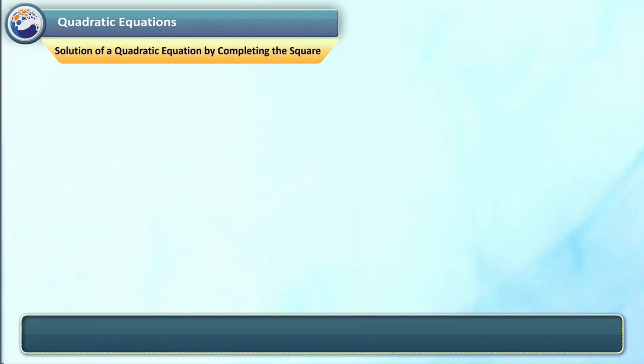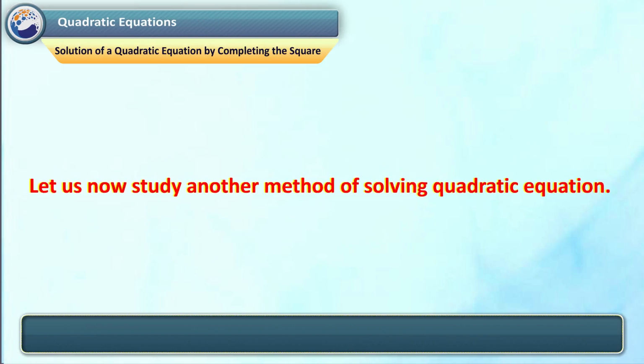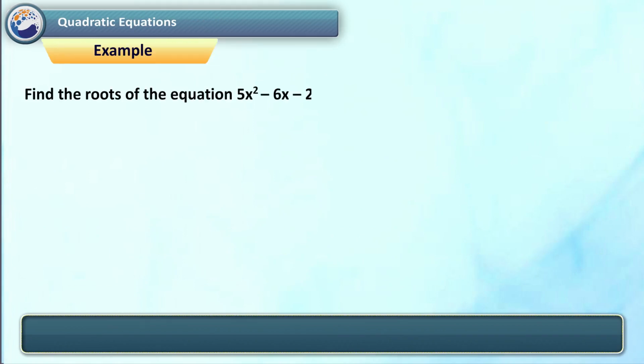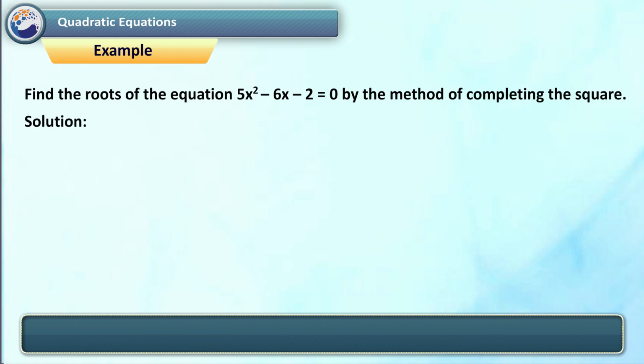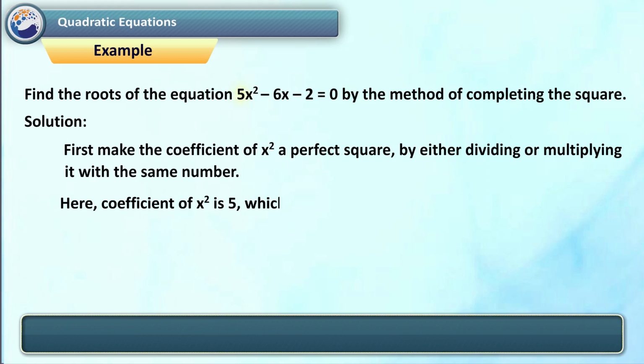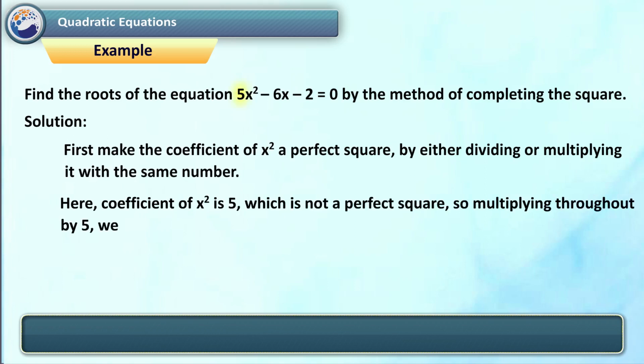Solution of a quadratic equation by completing the square. Let us now study another method of solving quadratic equations. Find the roots of the equation 5x² − 6x − 2 = 0 by the method of completing the square. Solution. First, make the coefficient of x² a perfect square by either dividing or multiplying with the same number. Here, the coefficient of x² is 5, which is not a perfect square, so multiplying throughout by 5 we get